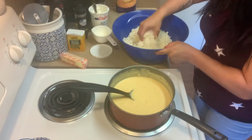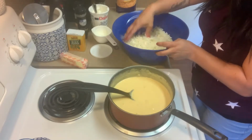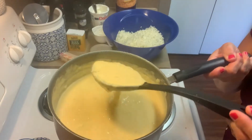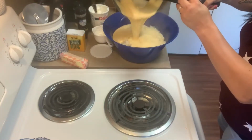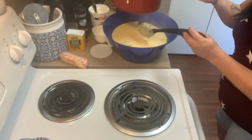And just break up any clumps or frozen pieces, but I think it's pretty good. And then you are going to take this yummy cheese sauce and just pour it all over the hash browns. Ooh, yum. I mean, you can't go wrong with this. Cheese, potatoes,